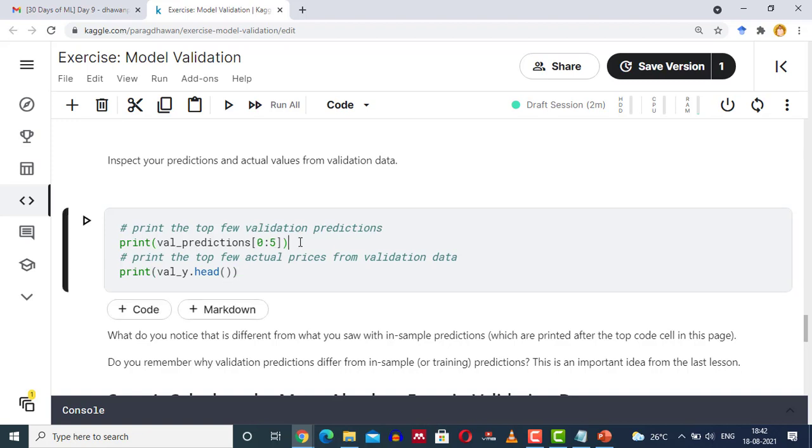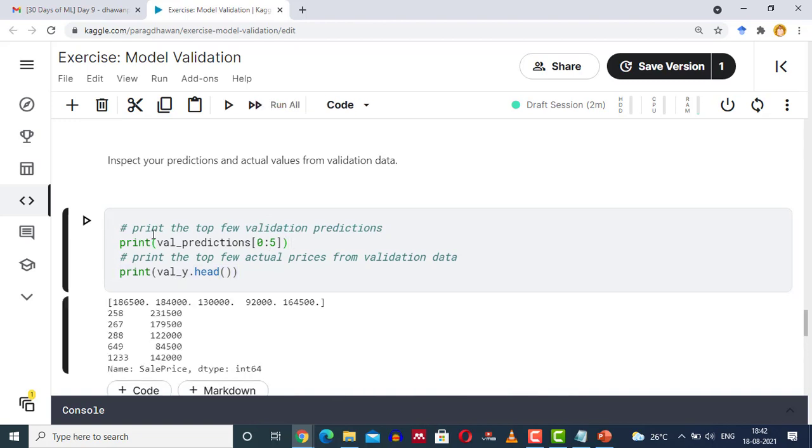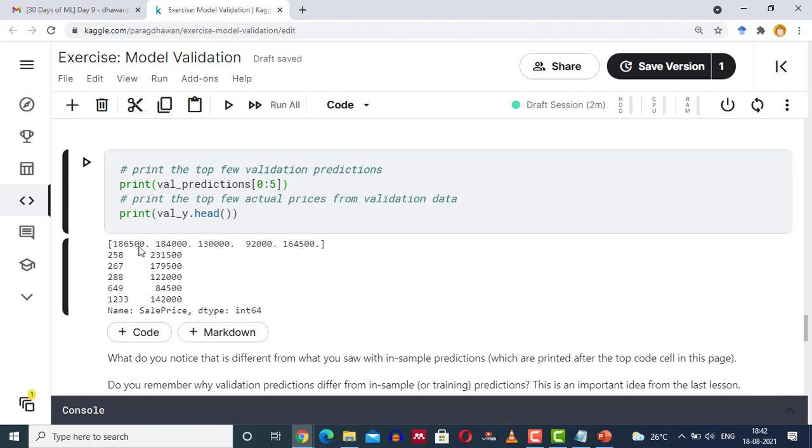So these are predicted by the model and these are actual prices. Click on the cell and run the cell to see the difference between the actual and predicted values: 18650, 18400, 13000, 16450, similarly 231500 and so on.